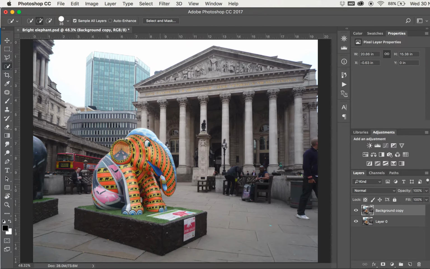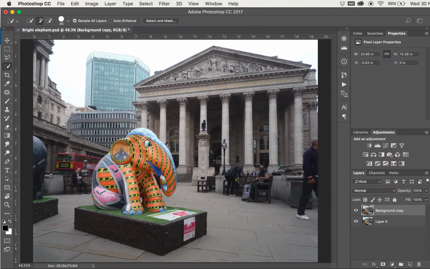Now I'm going to select the elephant and its plinth and desaturate the rest of the picture. Keep the elephant and the plinth in colour and take the colour out of the rest of the picture. To do that, I'm going to use the Quick Select tool, which shares a space with the Magic Wand tool. So it's possible you'll see this in the toolbox. It's the fourth one down. If you do, just hold your mouse button down on it and go to the Quick Select tool, or press